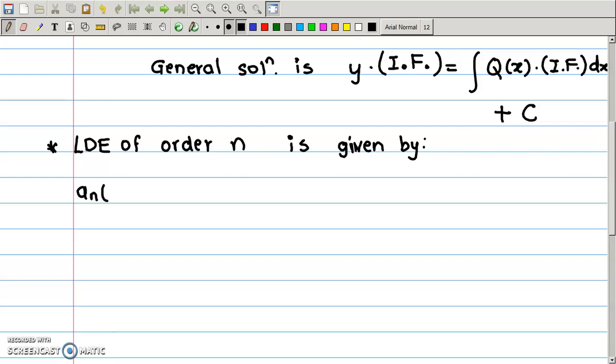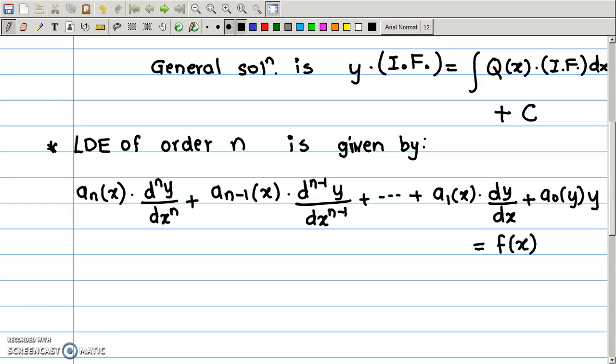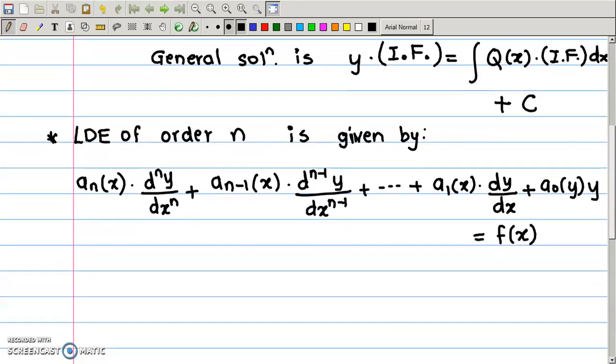So we consider a n of x into the nth order derivative of y with respect to x plus a n minus 1 of x, the n minus 1th derivative of y with respect to x, and so on up to a1 of x into the derivative of y with respect to x of order 1 plus a0 y, here the derivative of y is of order 0, is equal to f of x, where f of x is any continuous function